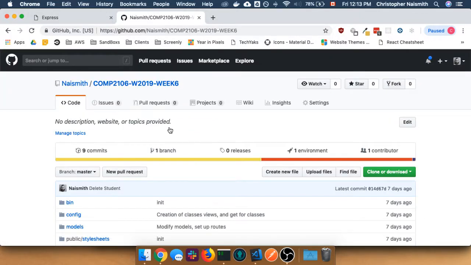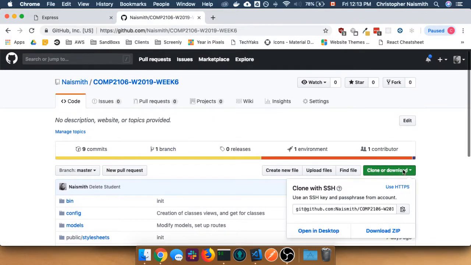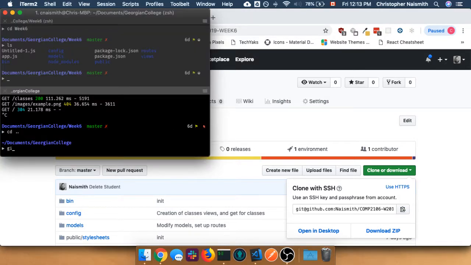And I'm going to clone down. git clone, and then you put in the folder. One thing that you can do after a git clone is specify the name of the folder that you want it to clone into. So I'm going to call it week 7,